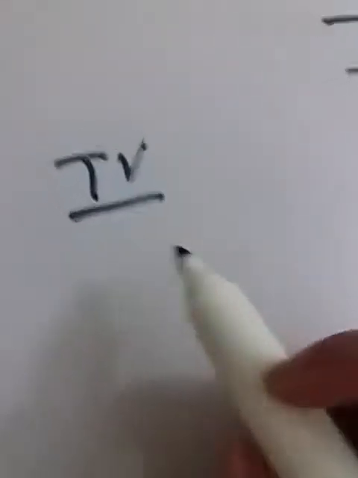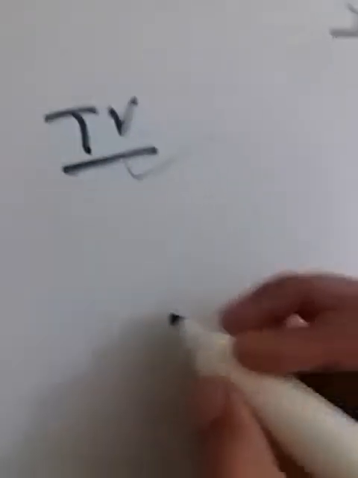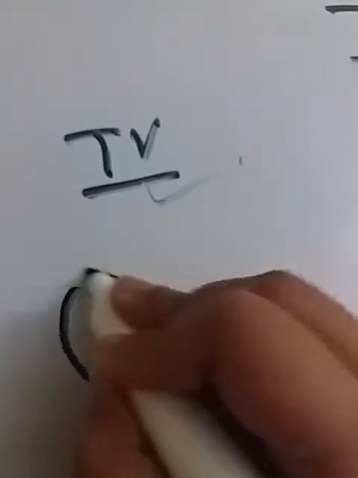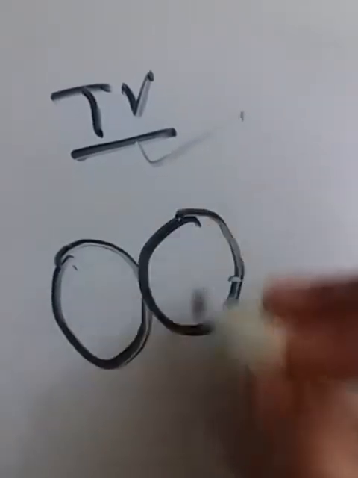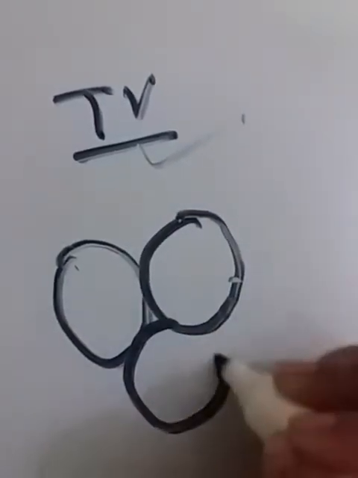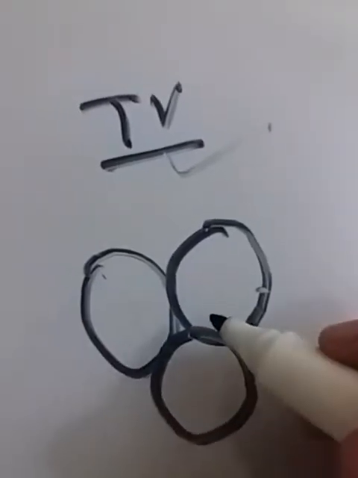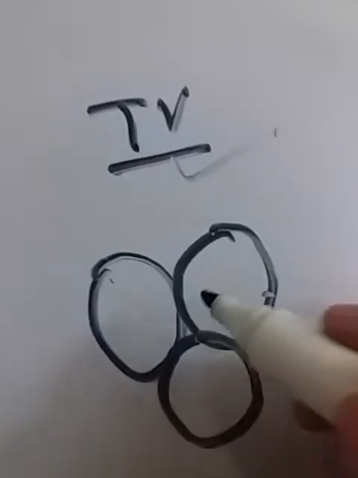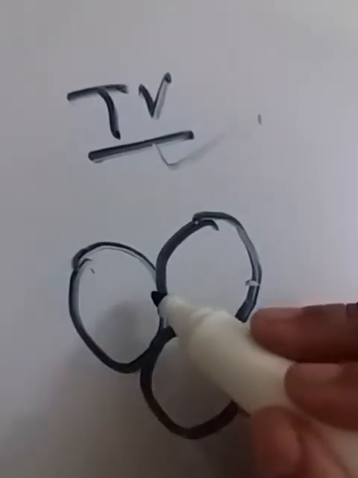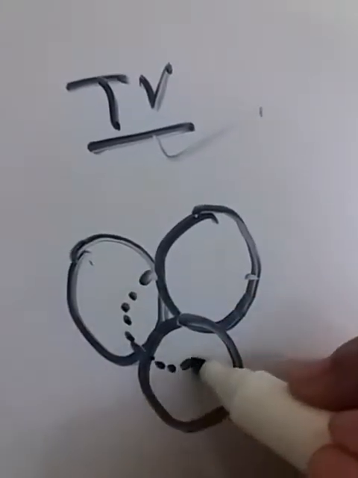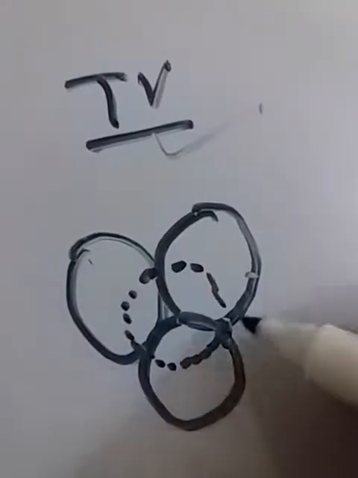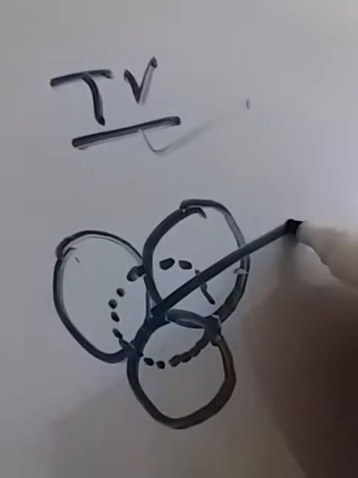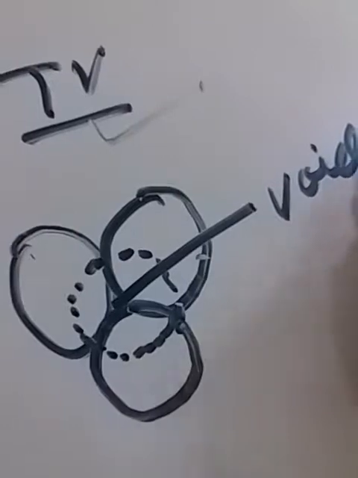In 3D, it can be a tetrahedral void or an octahedral void. How can you make the tetrahedral void? Suppose this is a... okay, these are the 3 atoms. Atom and another one in its depression. इसके ऊपर और एक atom रखोगे, just like this. And this space is known as the void, tetrahedral void.